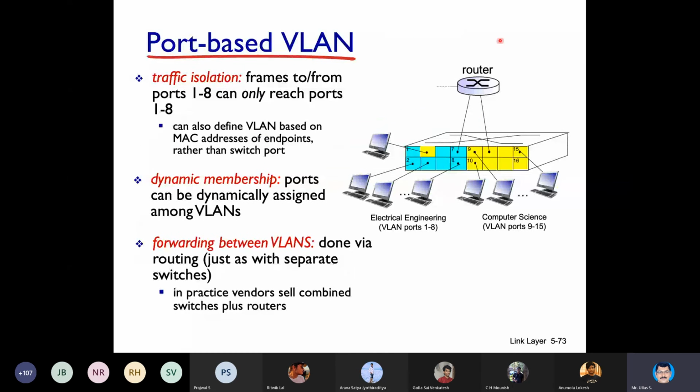As I already told you, if you want to communicate, you have to go for a router like this. Now this is where a layer 3 switch comes in help for you. The router is a costly affair compared to a layer 2 switch. The problem is a router will have only very few ports. If you go for a layer 3 switch, you can have 24 LAN ports, maybe fiber type or fast Ethernet type, whatever it is.